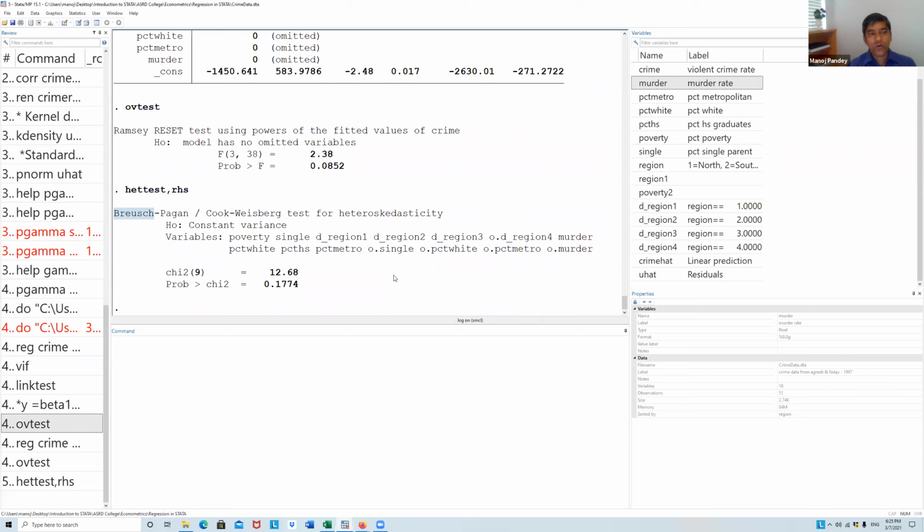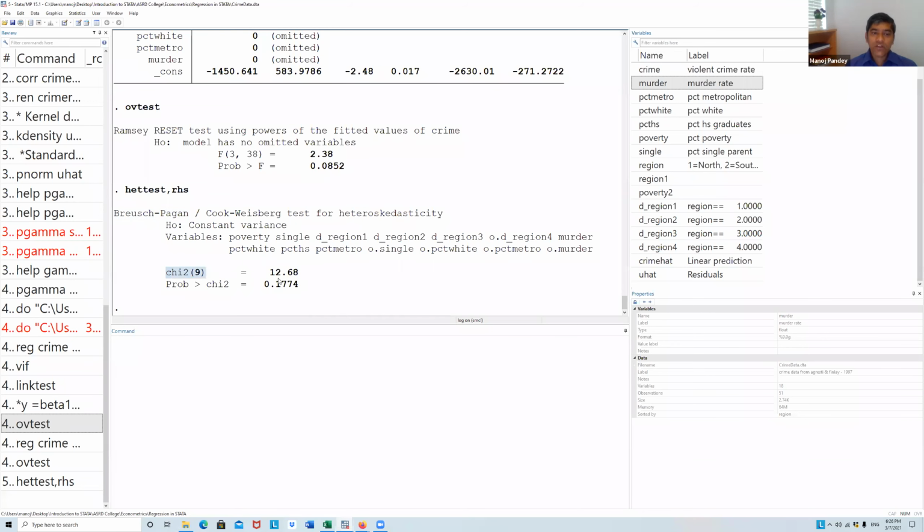So what Breusch-Pagan did is test the null hypothesis. This is also called the Cook-Weisberg test because these two people also worked along similar lines, and the test is similar. Breusch's full name is Trevor Breusch, and A. Pagan. These are two different people, but they jointly co-authored this paper.